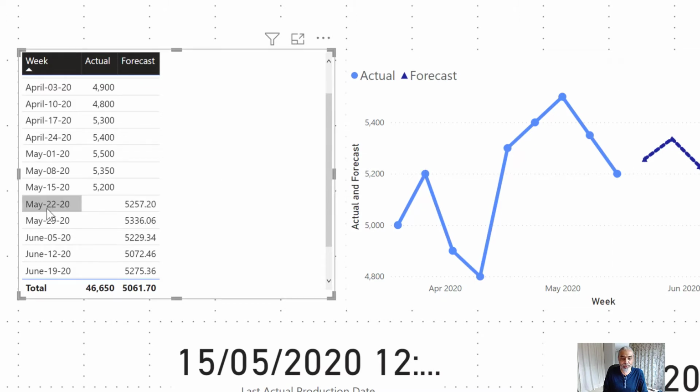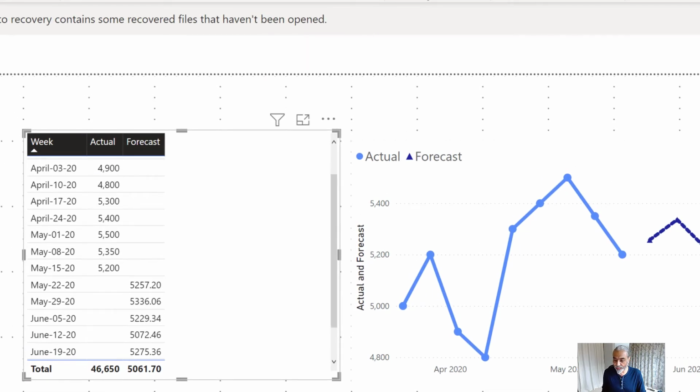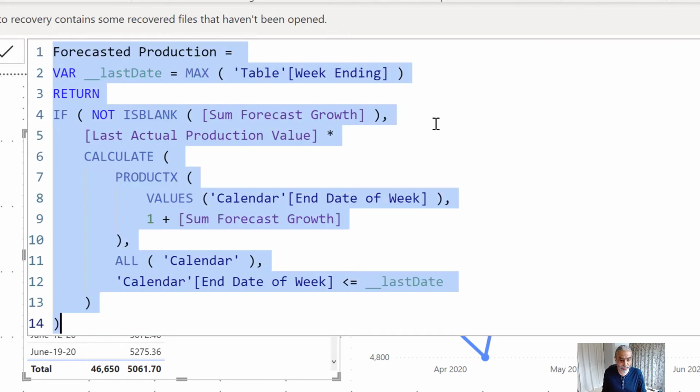So what we need to do is also bring a forecast of 5200 on the same date and show it here as well, so that this line will connect together. To bring 5200 here, like the actual, assume that it is the same forecast. So we need the last known blank date, which we already calculated. Again, I'm going to take my existing forecast production measure, which we are using here,